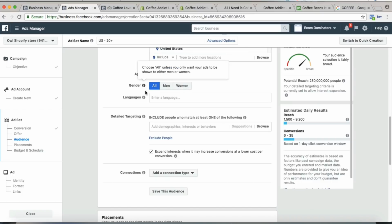Okay, you can click men, women. I just leave it at all languages. For languages,